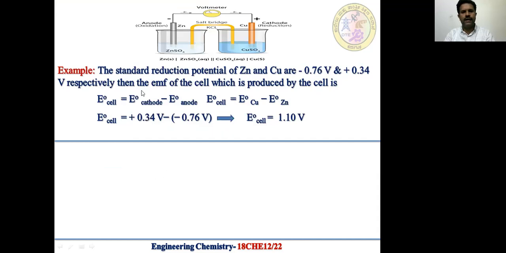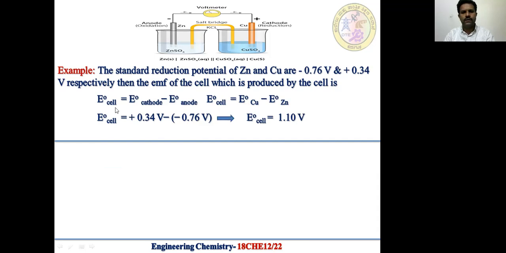If the standard reduction potential of zinc and copper electrodes are minus 0.76 volt for zinc and plus 0.34 volt for copper, then